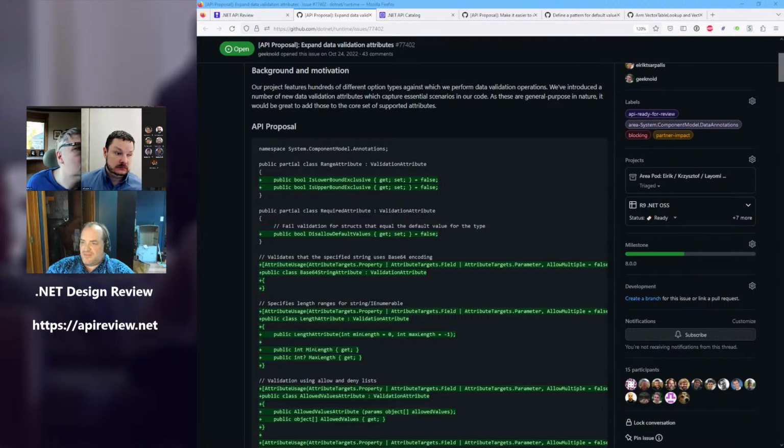So my question was going to be, if it's currently a no-op, if someone adds a required attribute to a non-nullable value type, they have a bug in their code. It's not doing what they expected it to do because what they expected doesn't exist. Can we just make what we're talking about here be the default behavior? And yeah, some people who wrote bad code will break, but what they wanted it to do doesn't make sense anyway.